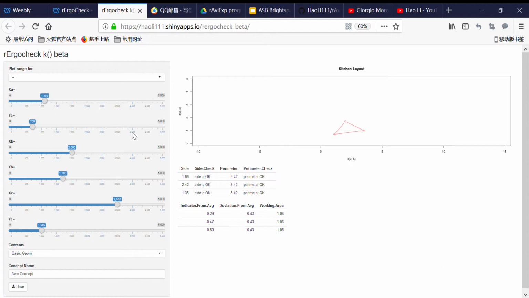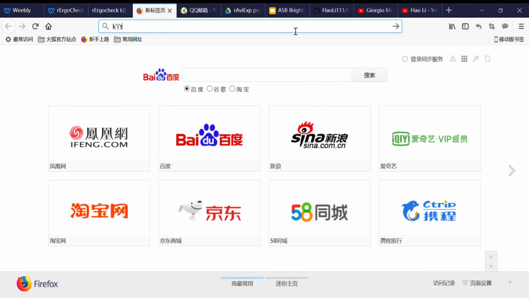So this model is considering the planar layout of a kitchen, and the location of the 3 points stands for the planar location of the refrigerator, workstand, and the sink. So if you search for kitchen, kitchen working triangle,